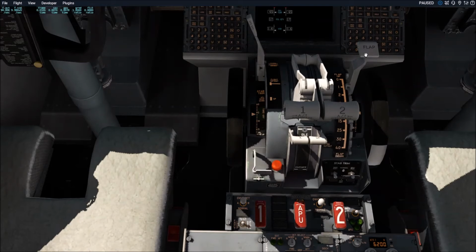This is a flap lever which controls the flaps and slats on the trailing edge and also the leading edge. This is how you move the flap position. It comes into the slot and it doesn't change. It doesn't get disengaged unless you move it.